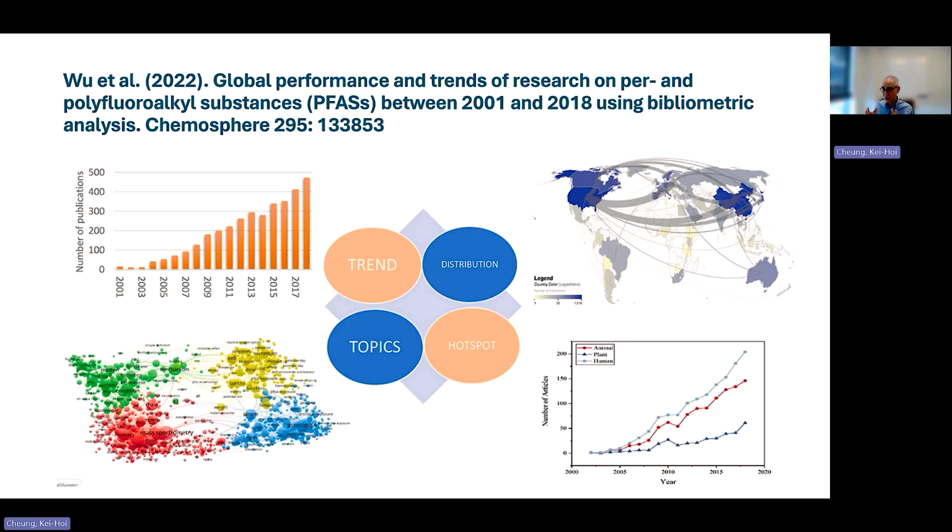It used different visualization approaches for this type of literature data analysis. You can see they use a geographic map, clustering visualization, and bar charts to explore the trend, the distribution, the topics, and the hotspots. We use these principles to develop our visualization method.